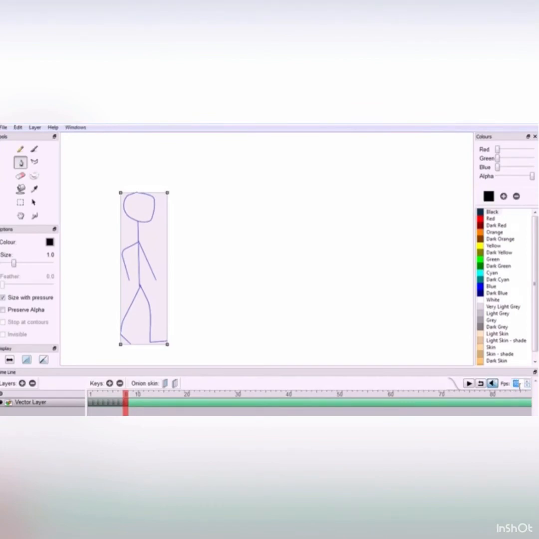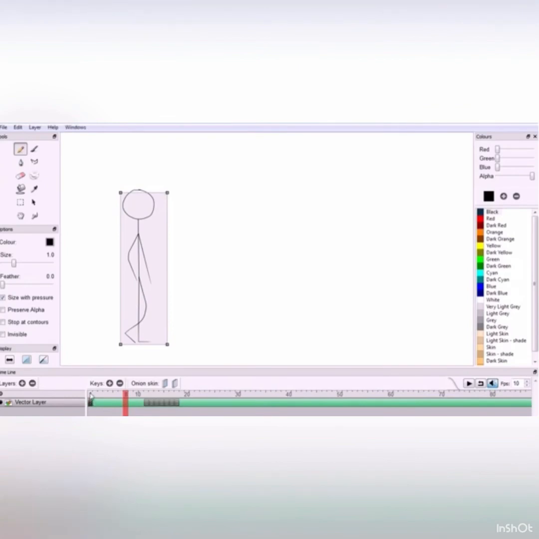If you want to use color in this image, you can also use the color. There are so many colors. If you want to select any color, you can select and use it. You select it and copy it.